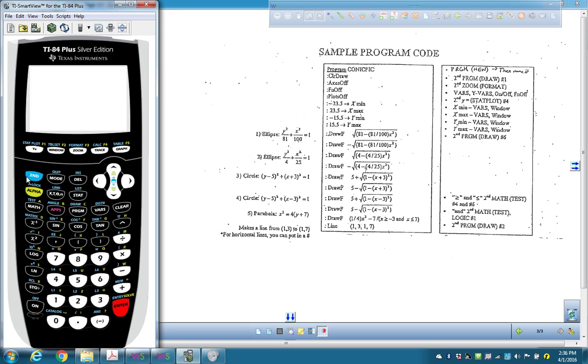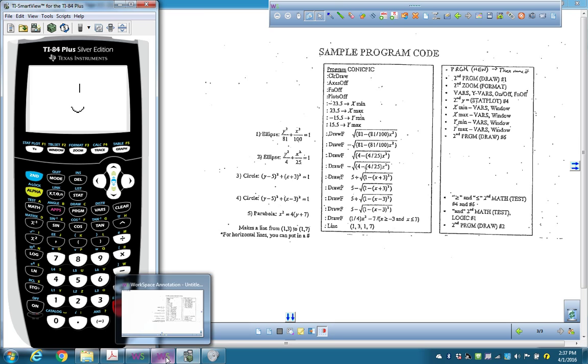Redraw ours, we made negative 23.5 by 5. Okay, so